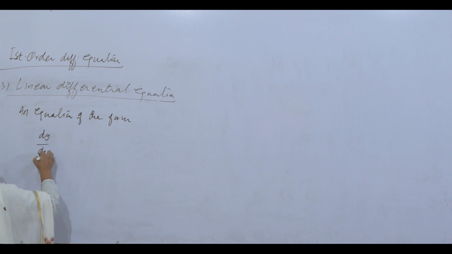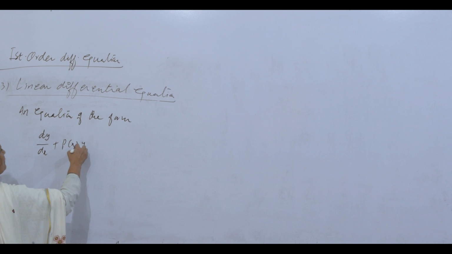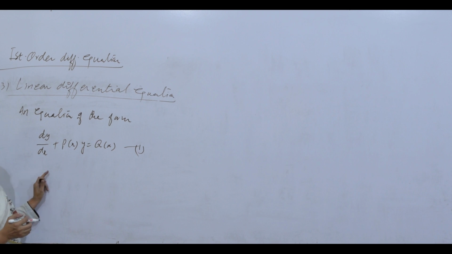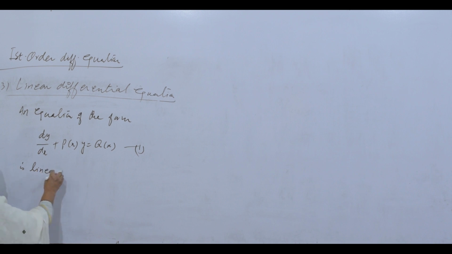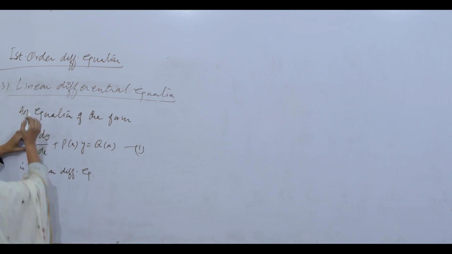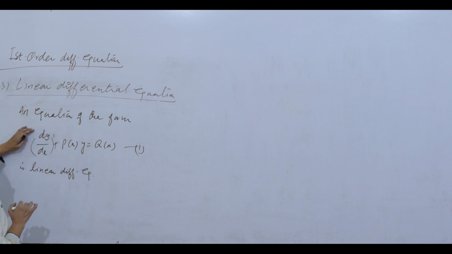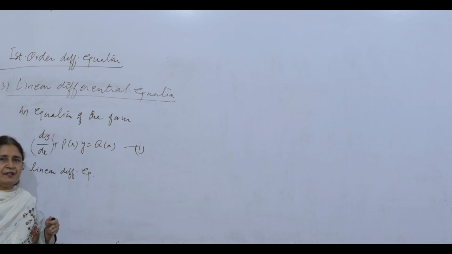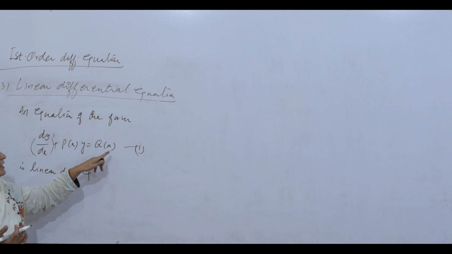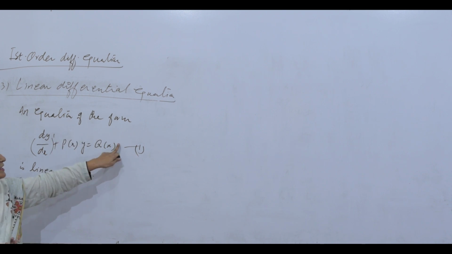dy by dx plus p(x)y equal to q(x), call it 1. Look at that. This is a linear differential equation. And if you are declaring an equation is linear, you should check that it is linear in the dependent variable. I mean, this is first order, since we are talking about the first order derivative, its exponent is 1, and if any other dependent variable is present, its exponent must be either 1 or 0. Here the dependent variable exponent is 1, here it is 0.